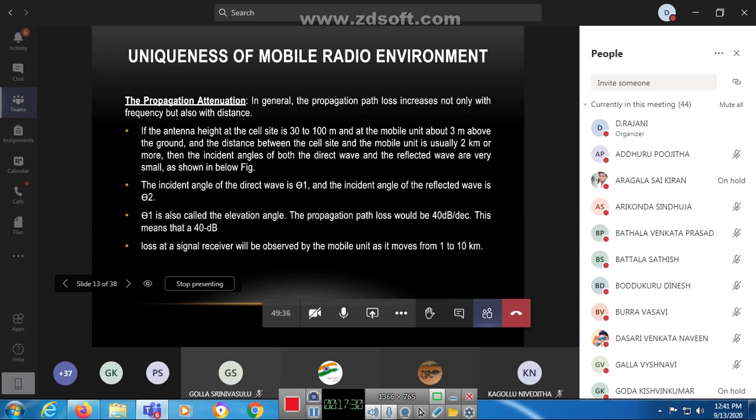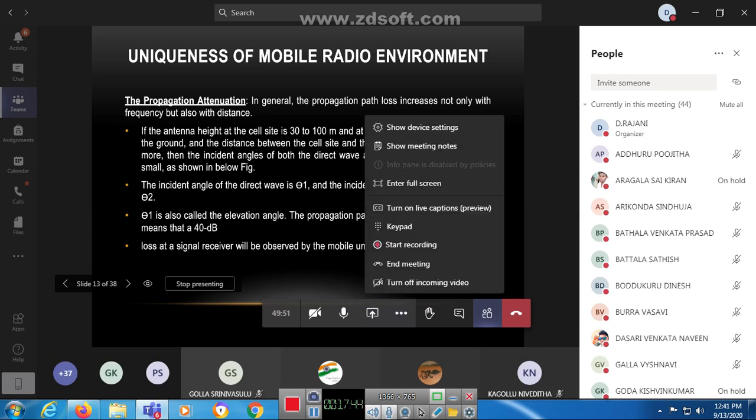So in terms of theta 1 and theta 2, we can take two types of angles. That means we can take the incident angle and the reflected angle. For the antenna height and antenna distance, for the same distance and the same height, we will maintain the frequency signals. When all are considered in the surrounding area of the base station, there is no problem. Whenever it crosses the base station, it will have some disturbances. So that is the